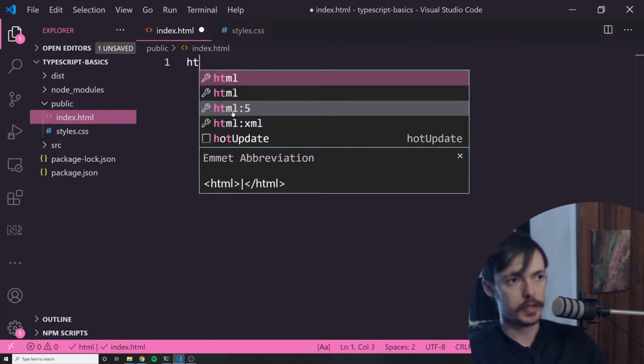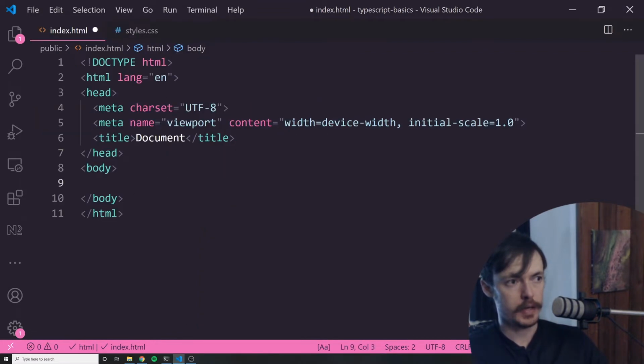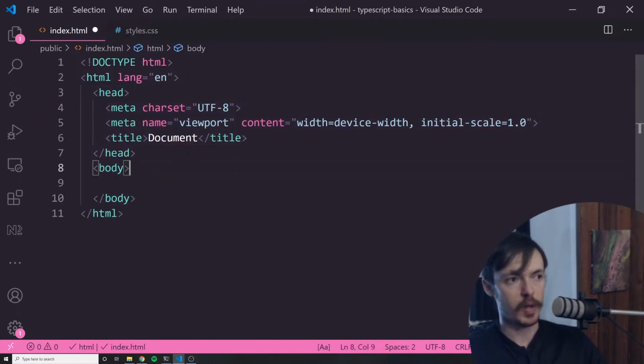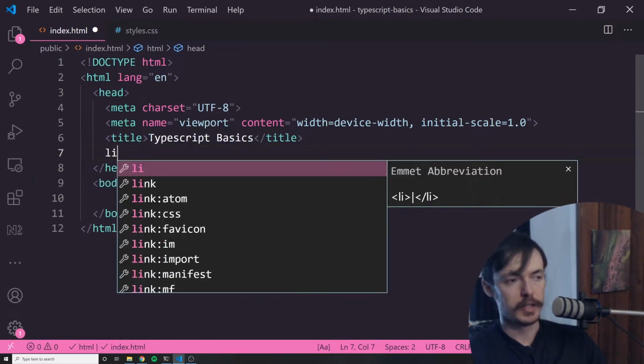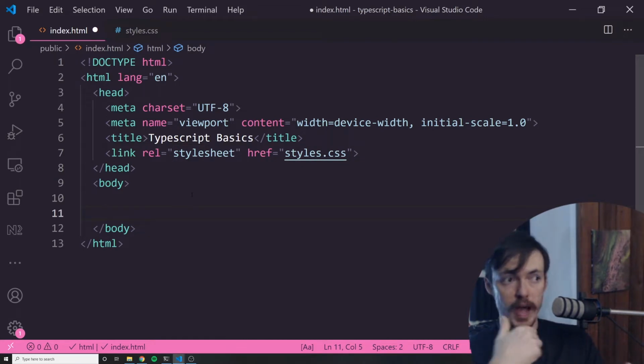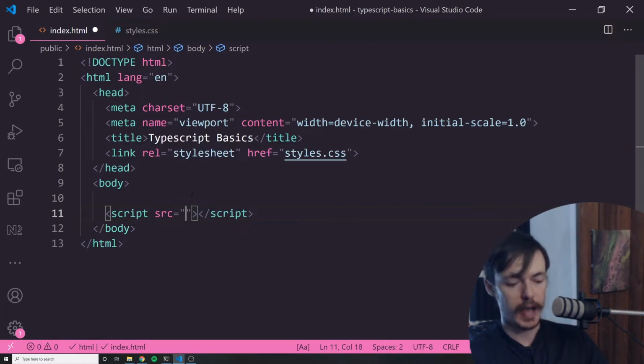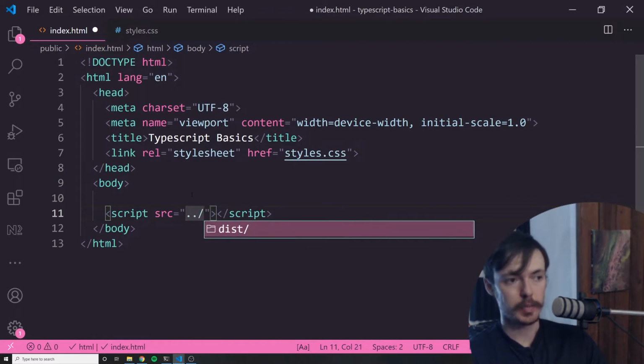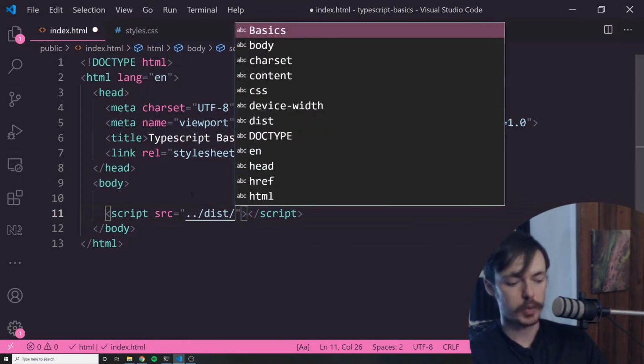I can go ahead and set up the skeleton for my HTML. And inside of here, it's going to be pretty simple. I'm going to change the title to be TypeScript Basics. I'll go ahead and link my CSS file. And then I want to link some JavaScript. Now, I don't have any TypeScript or JavaScript yet, but I will soon. So I just want to go ahead and get that taken care of now. So I'm going to create a script tag and set the source equal to. I need to leave this public directory and go into my dist directory, and I will actually reference a file